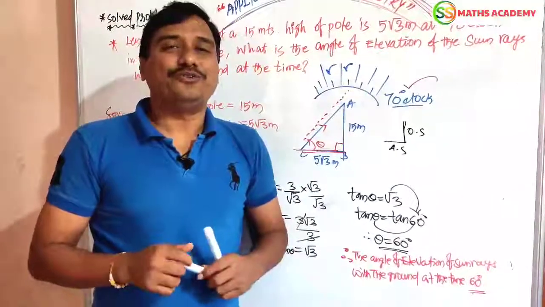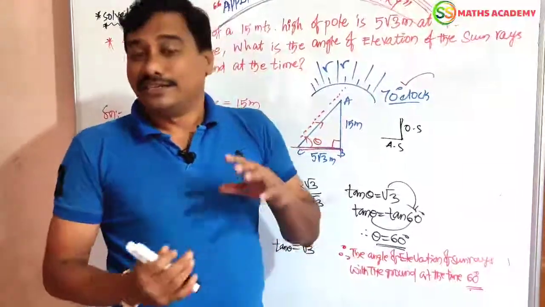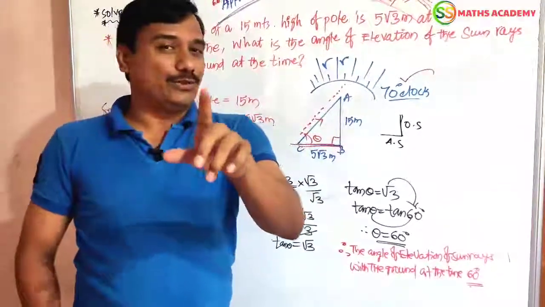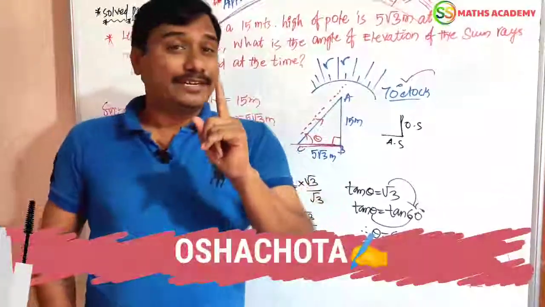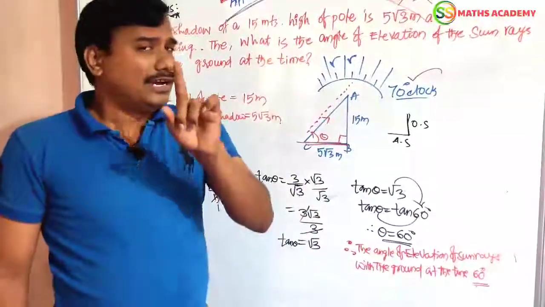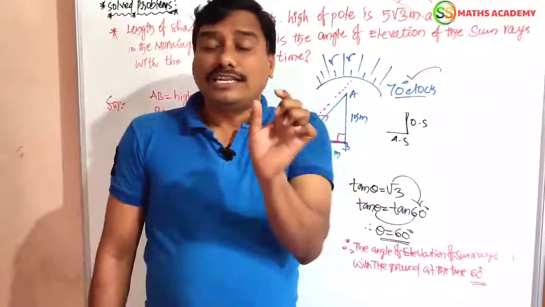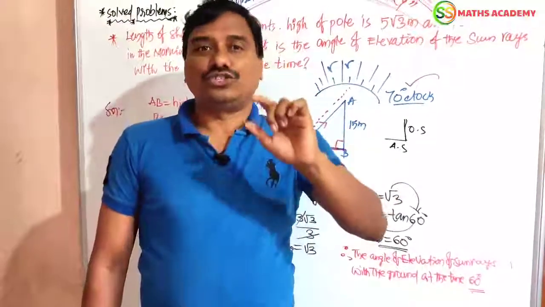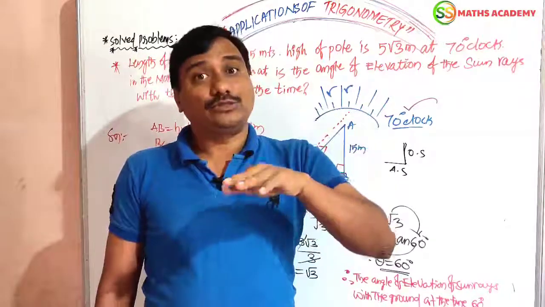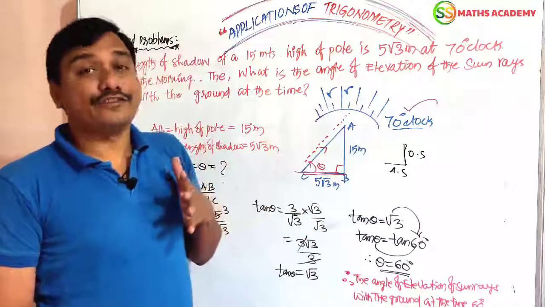This is the way we find thetas also, by the knowledge of trigonometric ratios, dear friends. That magic word will help you to solve the questions. The magic word is Osha Chota. Am I right? And the trigonometric table tricks also will help you to solve this kind of question, dear friends. I told you a very important point. In any and every question, what is the important theme of the question? What is the important internal meaning of the question? Read it twice as well as thrice. Then you should get the answer in a very easy manner, friends.